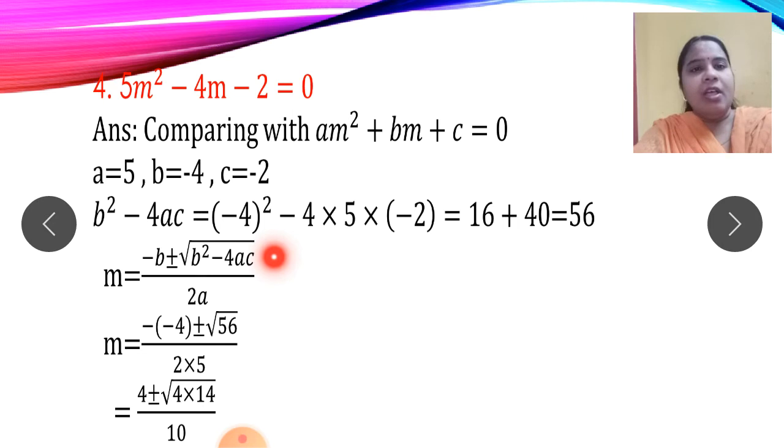Formula. Then let us see the substitution. It is minus b. Minus is from the formula and b itself is minus. That is the reason I am writing here minus of minus 4. Again I am telling you this: the formula itself has a minus sign and the value of b is also minus. So minus of minus 4 plus or minus root 56 upon 2 into what is a? 5. 2 into 5. I hope this step is understood. Minus is from the formula, b itself is minus, that is the reason minus of minus 4 is written here. What will happen in the next step? This will become plus 4. Correct? Plus or minus.